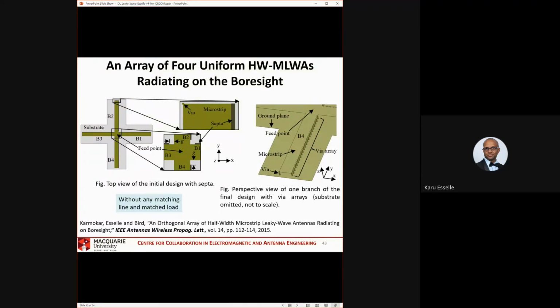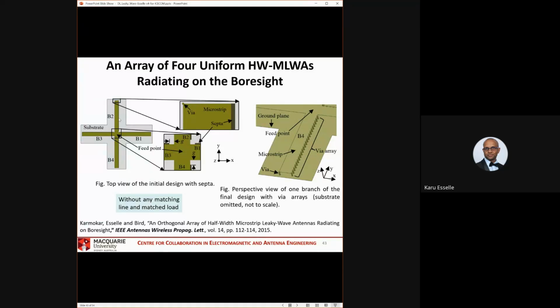So the other, there's one more leaky wave antenna in my slides. This is something quite basic. If you want to get a beam in the broadside direction, standard leaky wave antennas don't radiate in broadside, as I said before. Only composite left-right ones or right-left ones radiate. But you can combine